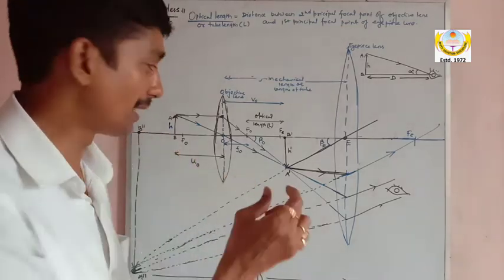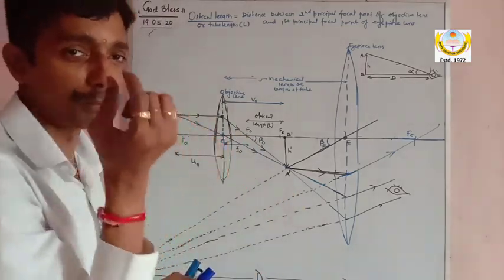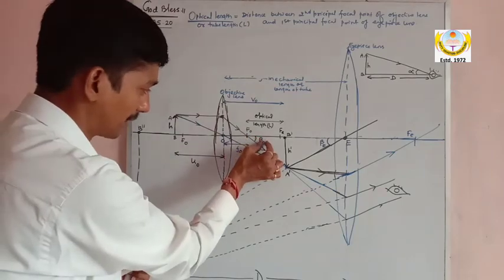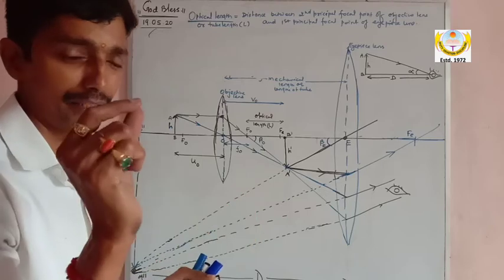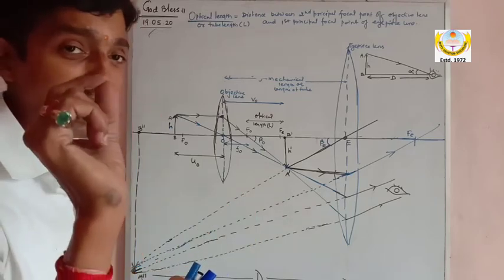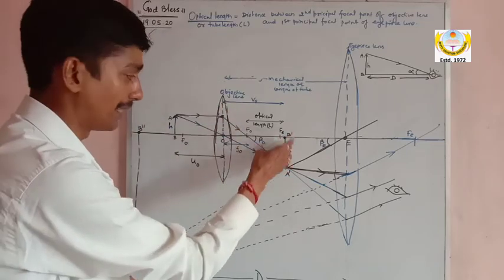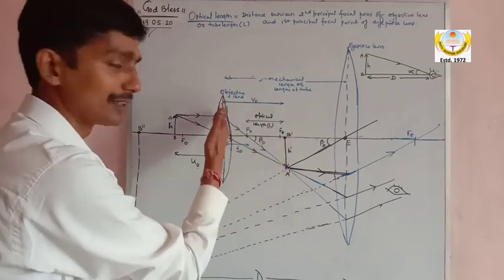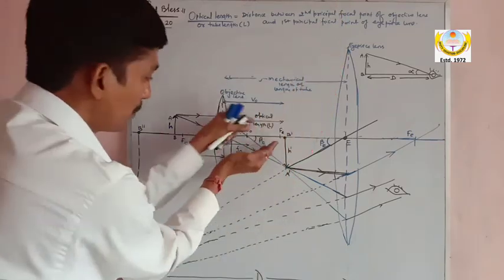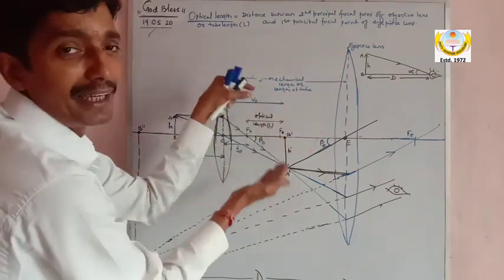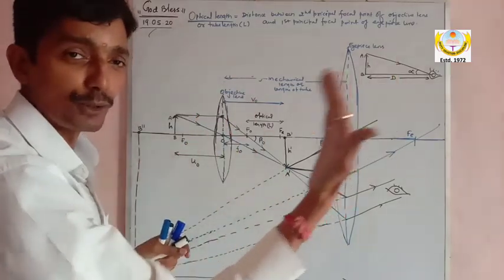Then how much is the magnification done by the objective lens? This is beta O. In the previous video I said beta naught, sorry, this is beta O. That is the image subtended by this objective lens, my dear, A dash B dash. This image is formed by this objective lens. How much is that image magnified, by bringing the object close to the lens,